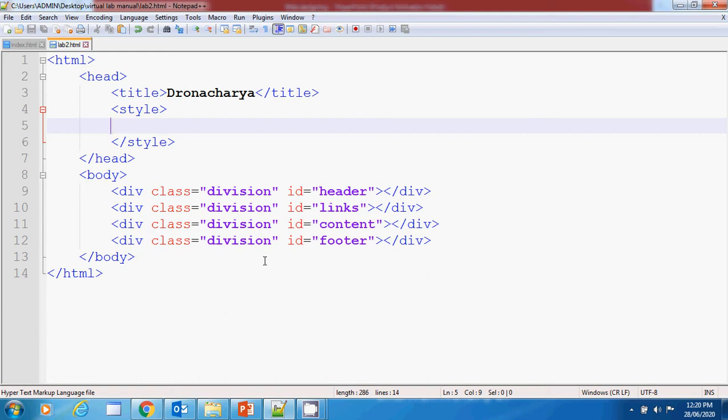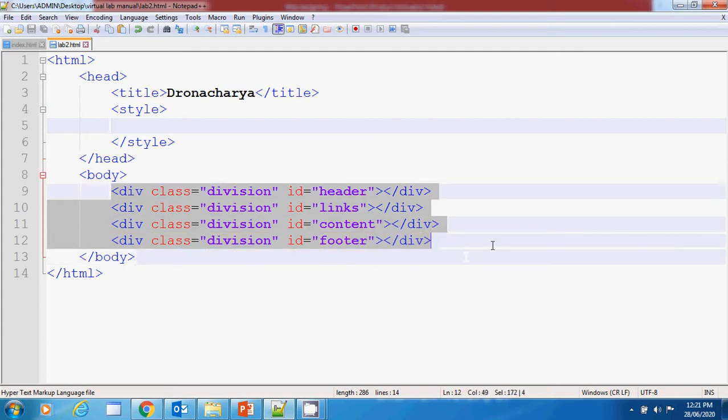Now suppose here we have got 4 divs. If you have seen any web page, the width of each and every section, that means header section, link section, content and footer, is the same. So we can use the concept of class, because if we apply width to the class, it will automatically apply to all 4 sections.